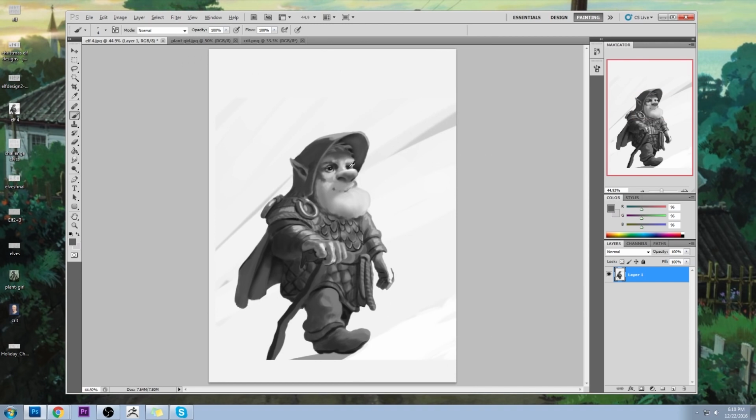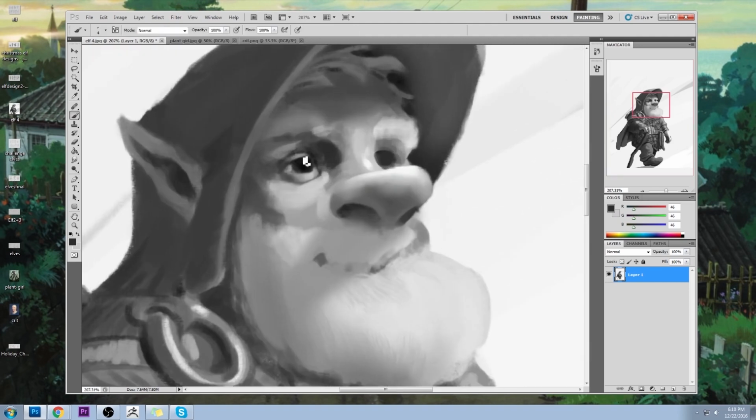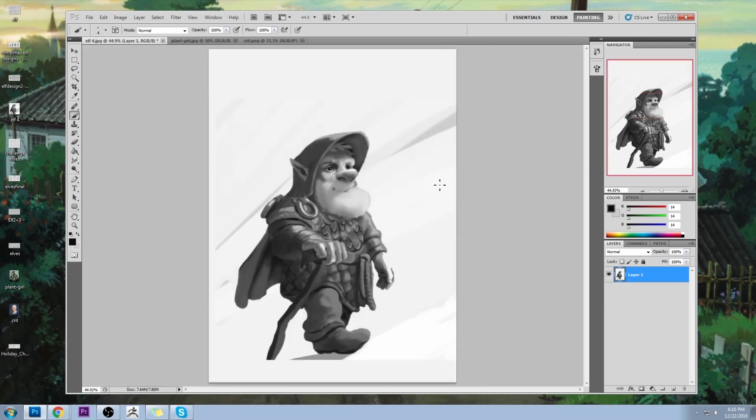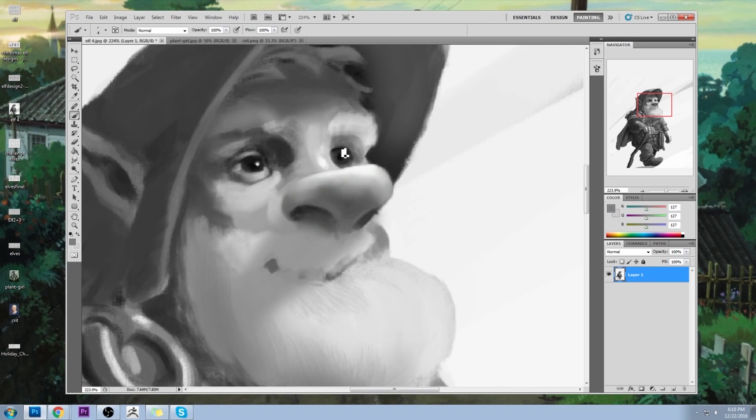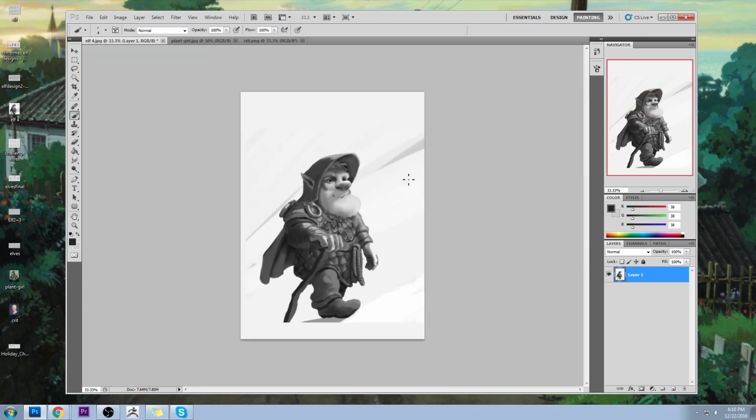I'm not going to get the right shape for the eyes unless I zoom out. Okay. Oops. And then the eyelid. And that eyebrow is a little bit,